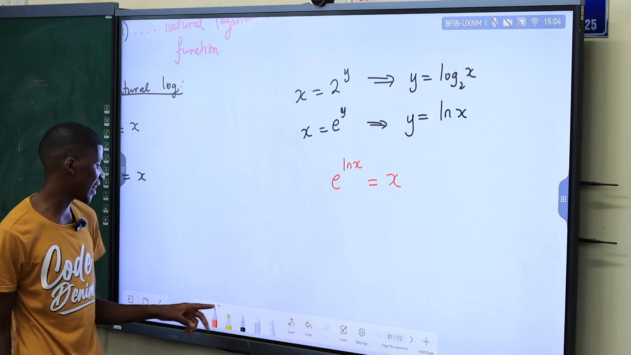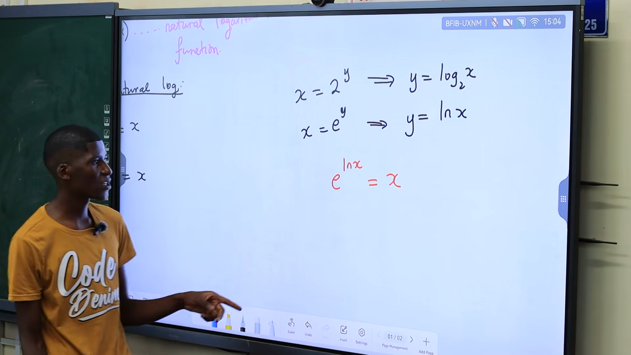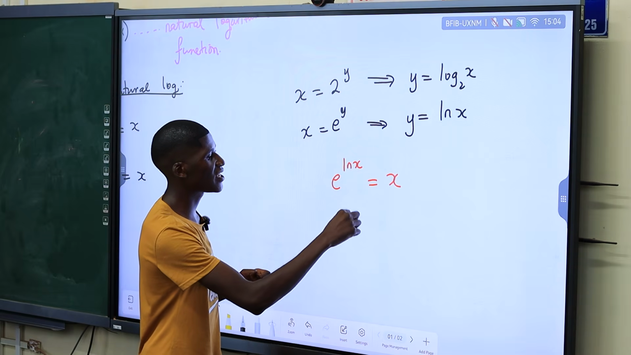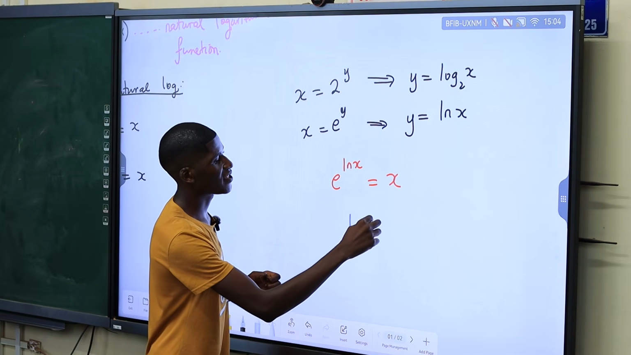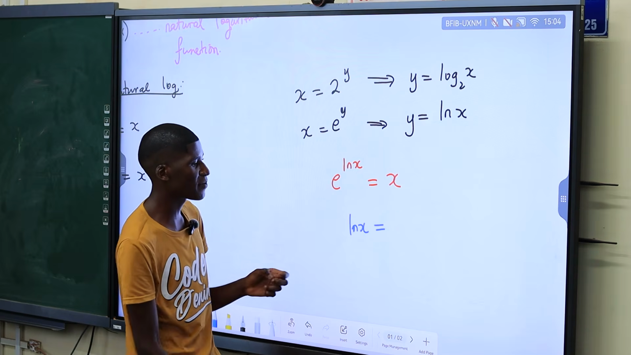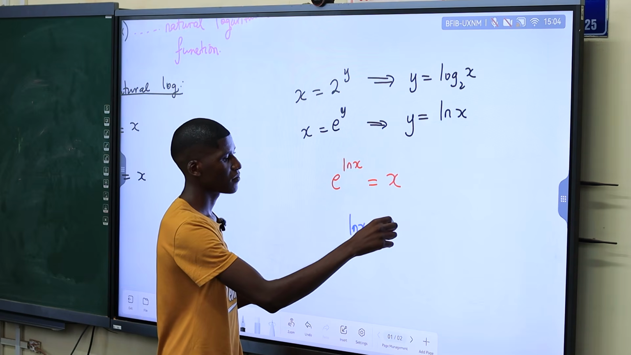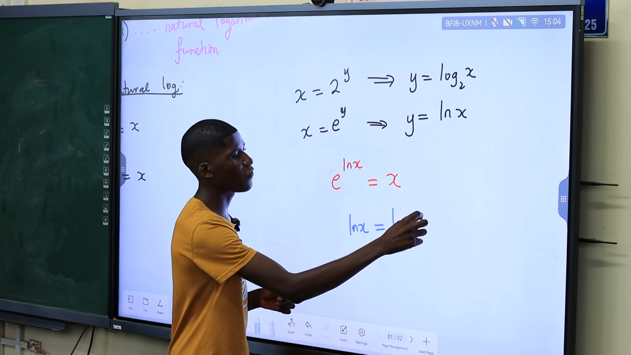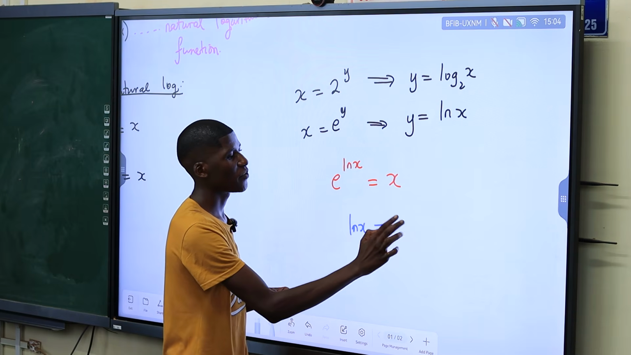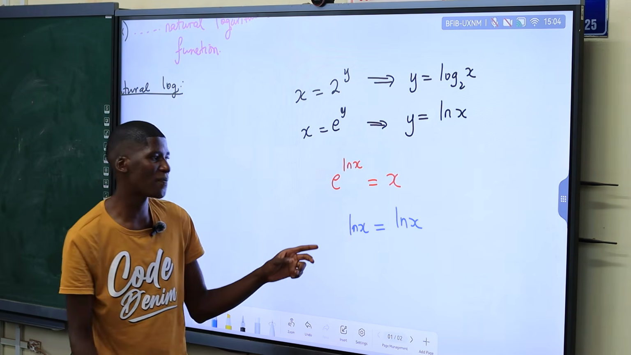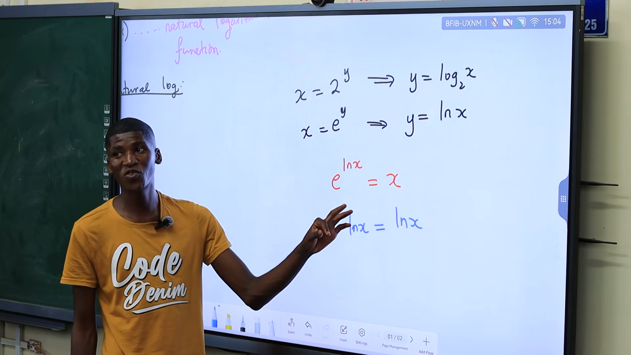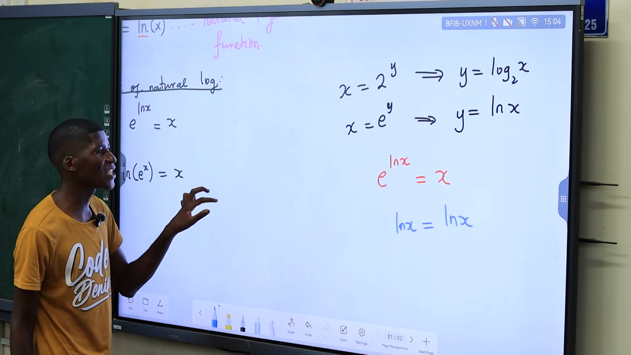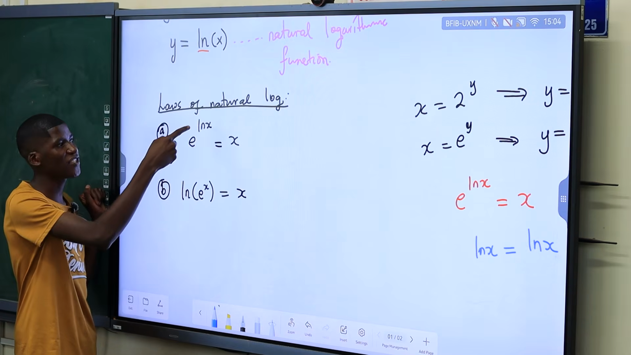If I try to rearrange this as a log, I can say that ln x is equals to this. How can I make ln x the subject of the formula? Log base e of x, which is ln x. So for those who are doing discrete maths, you can see that the equation is true. But now this generally means that if you have e raised to the power of ln,